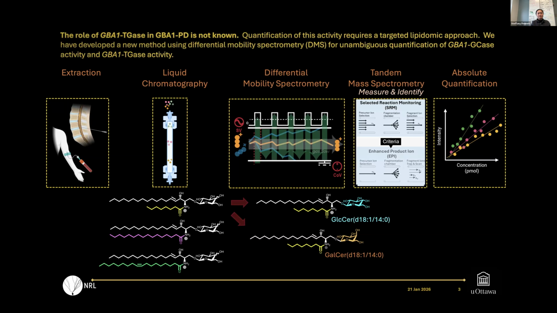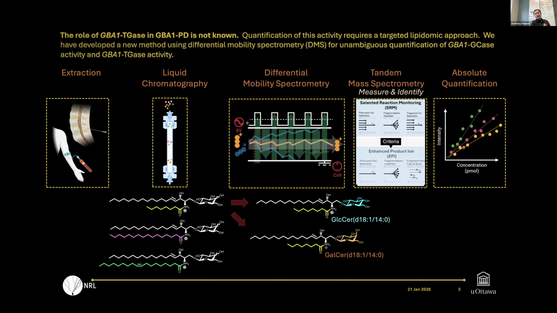Just to break this into detail, our liquid chromatography methodology allows us to separate lipids based on their different chain length, and therefore allows for more precise quantification of lipids at the molecular species level. We recognize that the activity of the GBA1 enzyme involves different activity with different sugar head groups, and to separate them using liquid chromatography is challenging.